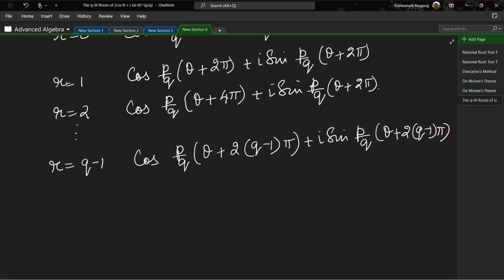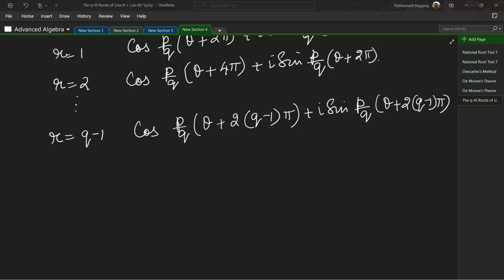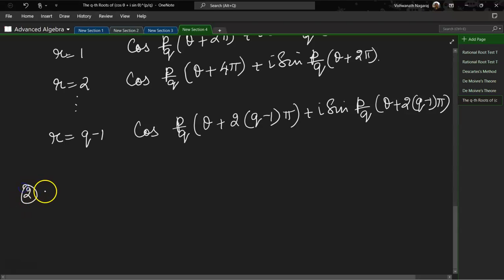If you can remember it, fine. Even if you don't remember it, understand the concept so that you can very quickly derive it. Now, in the problem we solved, we were directly asked to find the cube roots of minus 1. But what if we are given an equation to solve? Say x to the power of 4 minus x cube plus x square minus x plus 1 equal to 0. Okay, so let's see what happens.